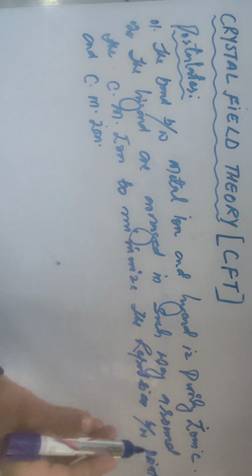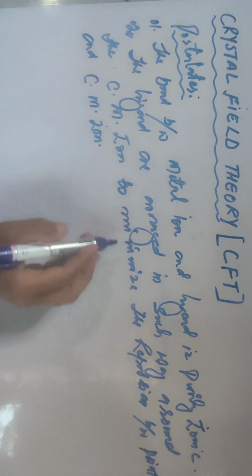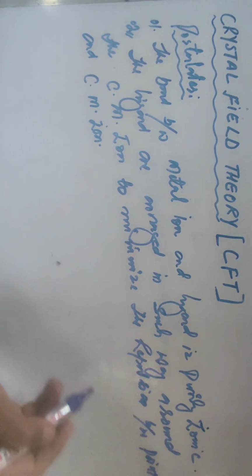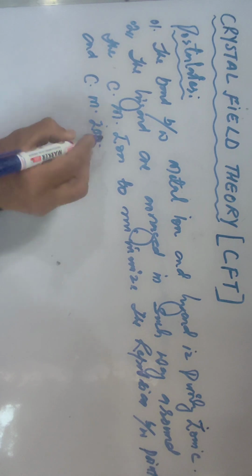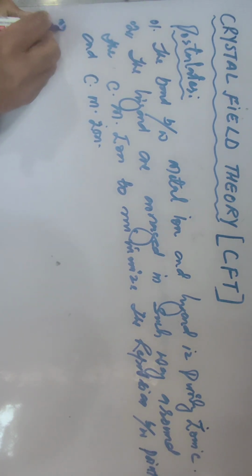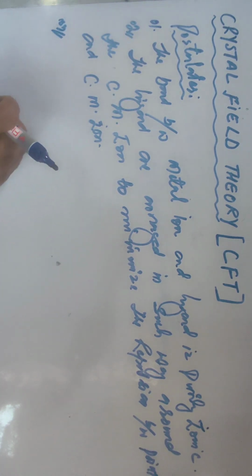The ligands are arranged in such a way around the central metal atom or ion to minimize the repulsion between the point charges and central metal ion. So this is second. Now the third postulate of this theory,